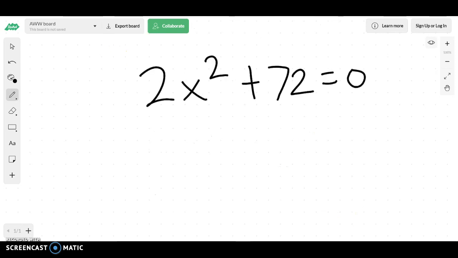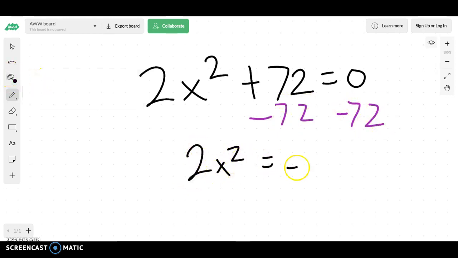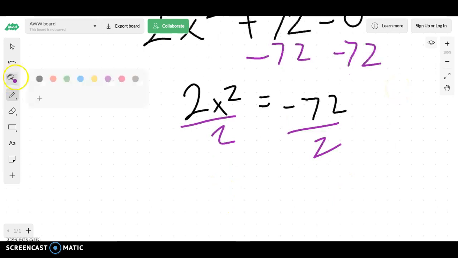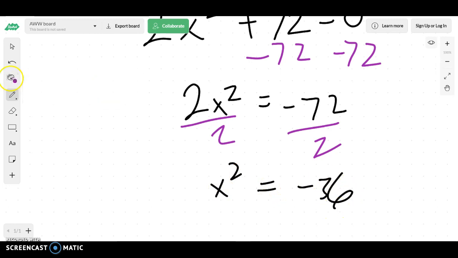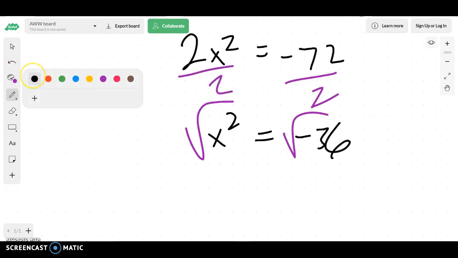We'll do another one. So let's say I was given this. Again, my first step is I'm going to subtract 72 from both sides. I'll get 2x squared equals negative 72. Then I'm going to divide both sides by 2. When I divide both sides by 2, I'm going to get x squared is equal to negative 36. Then I'm going to take the square root of both sides. When I take the square root of both sides, I'm going to get x equals